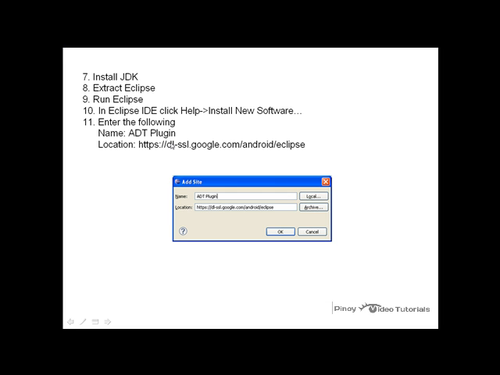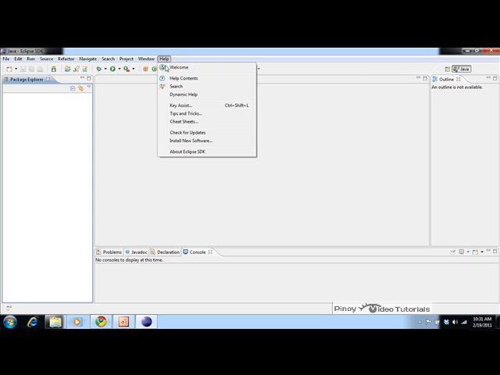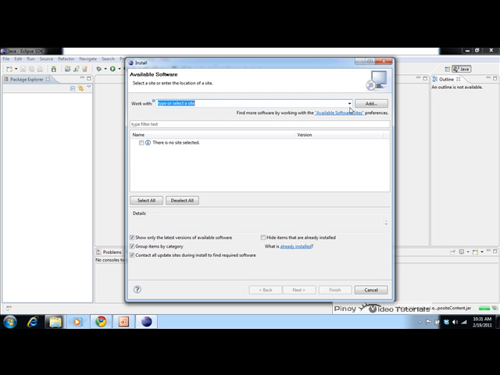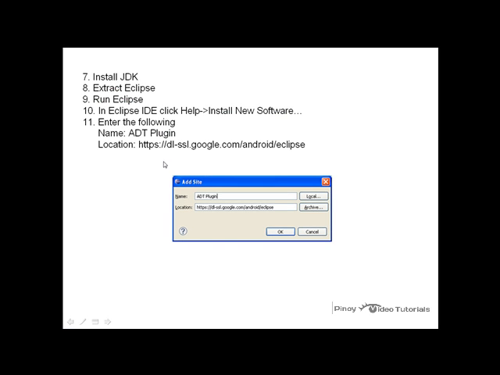Next, we need to install the Android Development Toolkit plugin. In order to do that, we need to go to Help, then Install New Software, then enter the following values. In my Eclipse, I already installed the Android Development Toolkit, so it's already available here. But for a new installation, you need to click Add, then choose the name, anything you want. For the location, type this one,